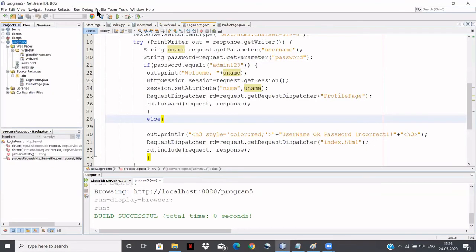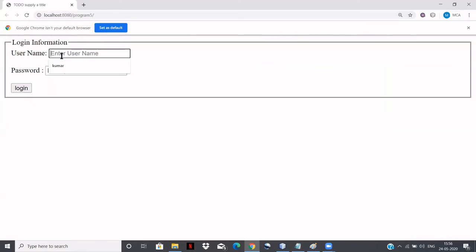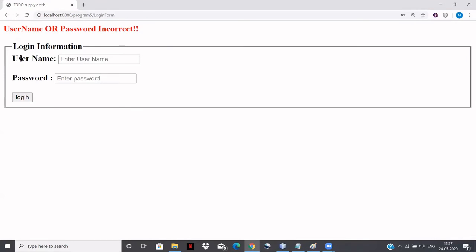Now if I give other than this, I'll give Kumar and password Kumar123. Login. Then I'll get this message: username or password incorrect. Then this login page will be displayed here to enter the proper username and password. So here I'll enter password admin123 and click the login button. See, no problem, right?